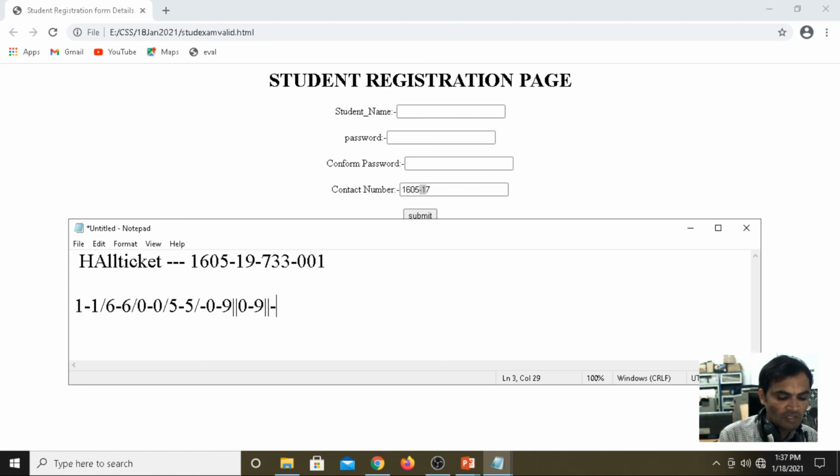Then your branch will be similar. Some departments have different branches. We give 1 to 7, then 1 to 7 or 1 to 9. If you go for data science, something different will be there, 0 to 9.